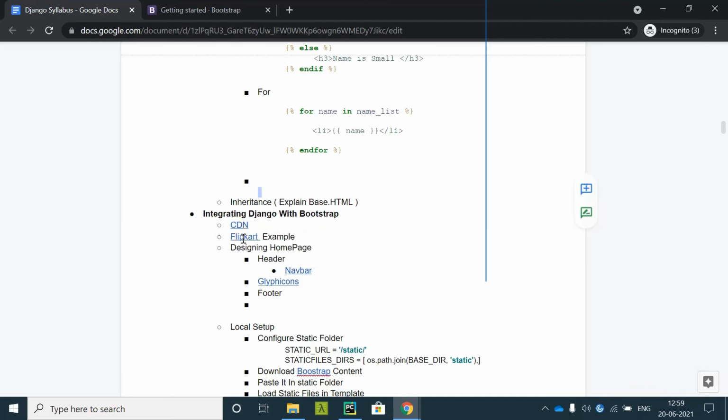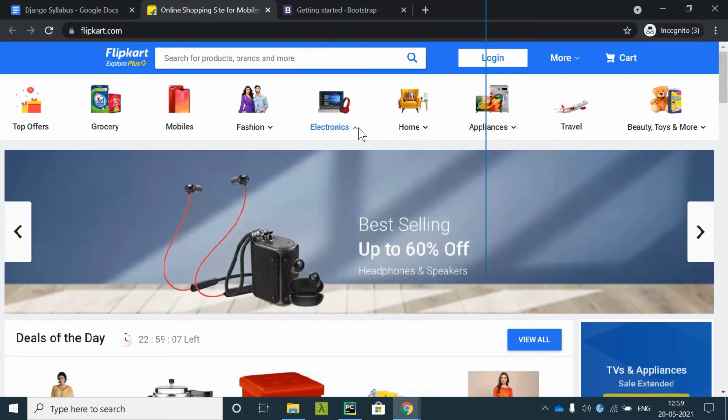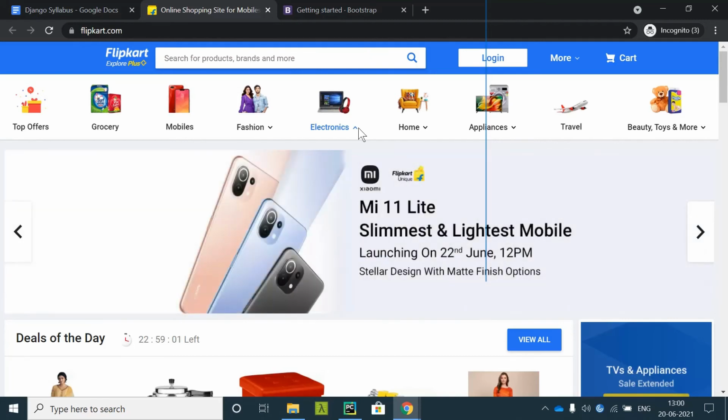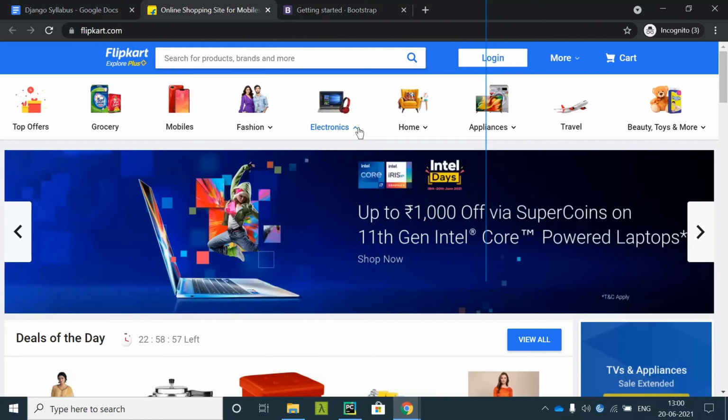Now, I'll discuss the Flipkart example to discuss the user interface further. We are developing something very similar to Flipkart, but not as good as Flipkart. We are going to develop a demo or mini version of Flipkart. We are going to sell only the vegetable part, so our database will work in that format.